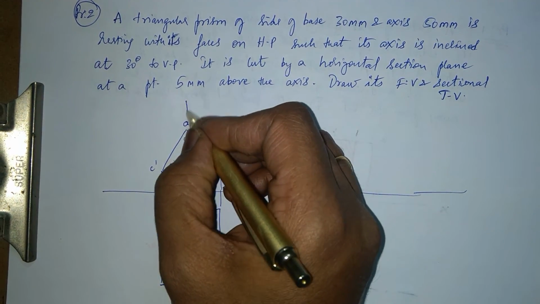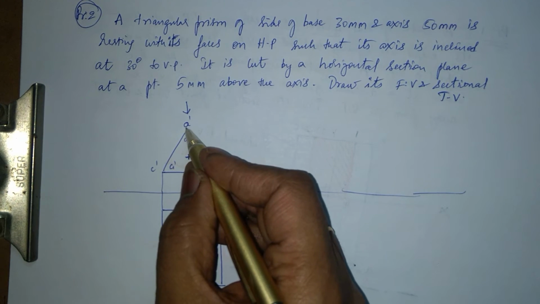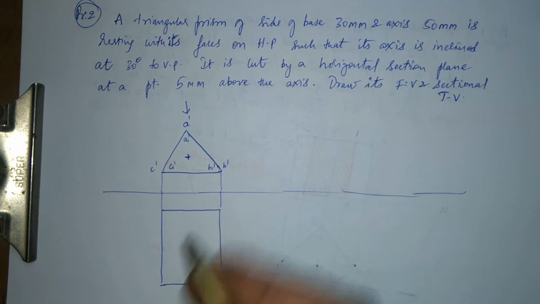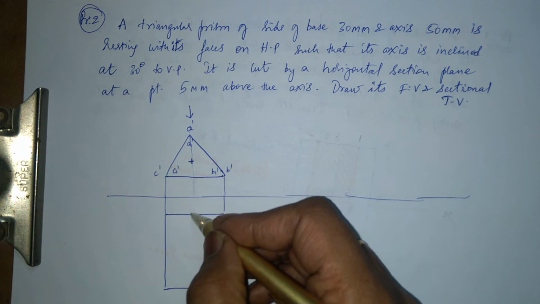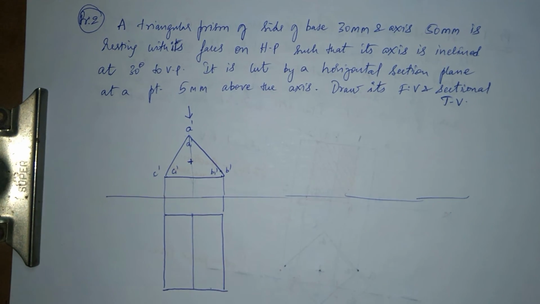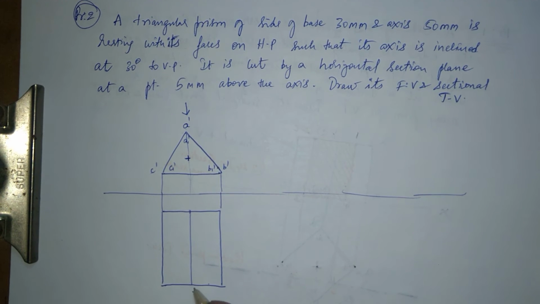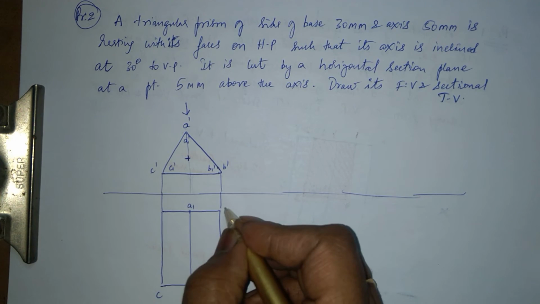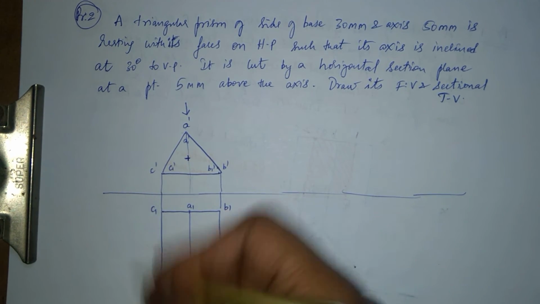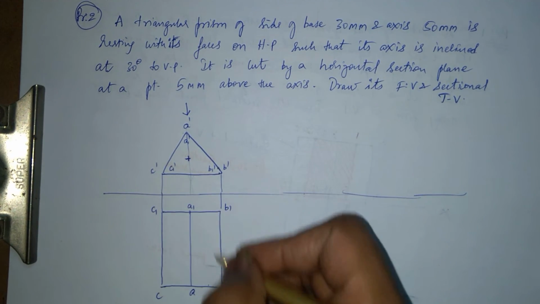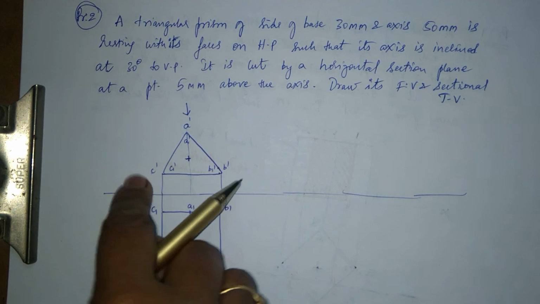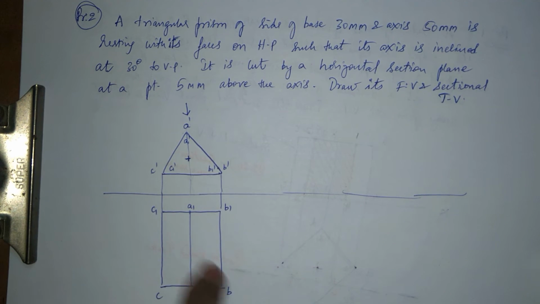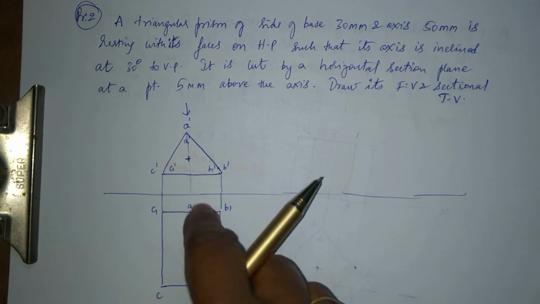Seeing from the top, I can see the A, I can see the C, I can see the B. So this edge is definitely seen, and this edge is seen. So up front I have my A, B and C. Similarly, this is my A1, B1 and C1. These are not seen, they are away from my sight. In the front view I can see only ABC, but in the top view I can see ABC and also A1, B1, C1. This is my first step.